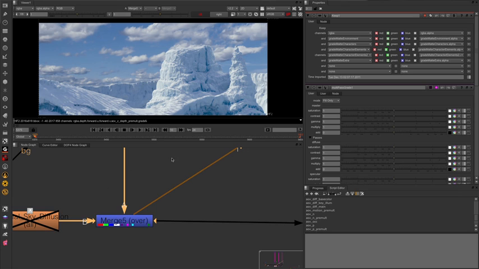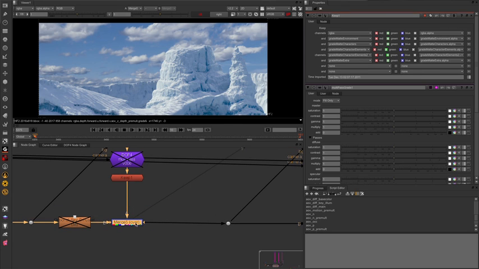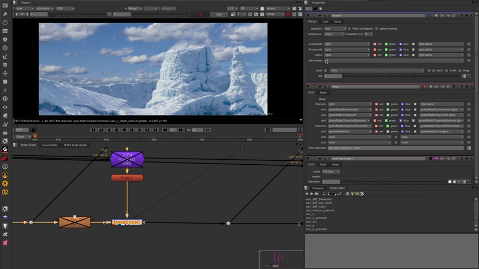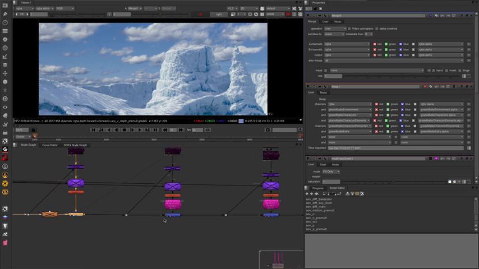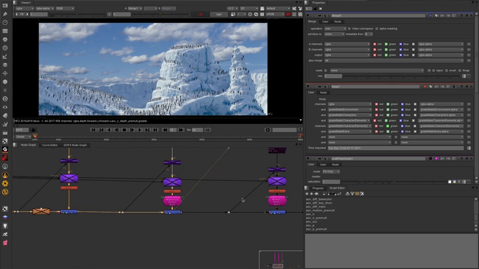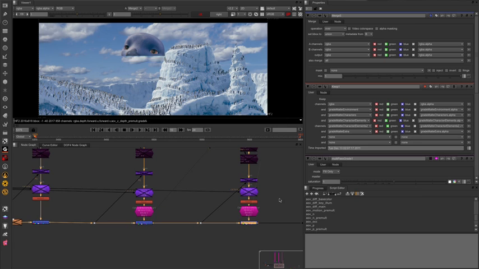We have a merge here. It's just a regular over, but it's worth noting that we were merging all the channels. So when we have grade mats for a character or grade mats for the environment, we have to have layers for all of those things there, even if it's just black, to say, I've got my grade mats here for my background, but I'm going to merge over some black for where the character is, so it holds out the hero characters. So we've got some background dudes, we've got some hero character,